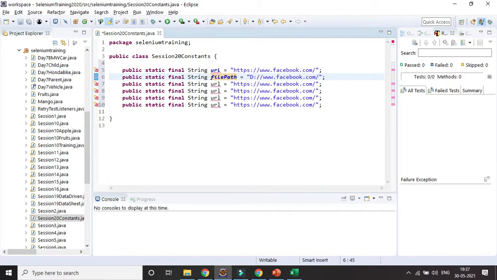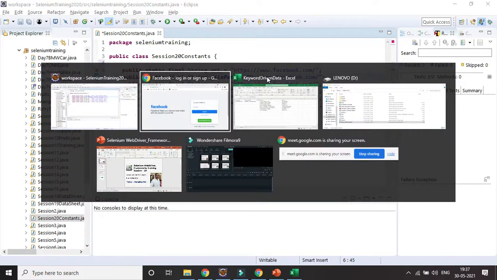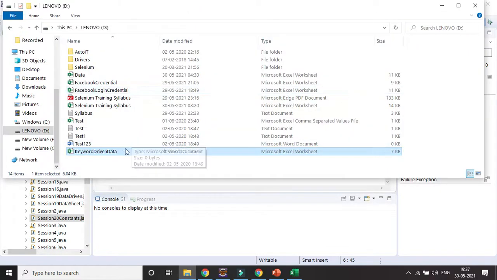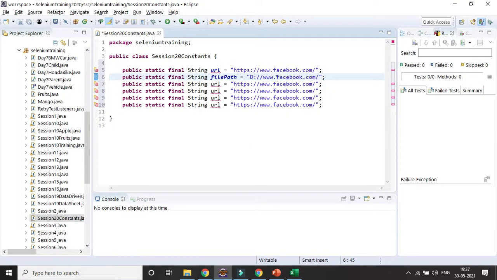Then what is the Excel name? That is the Excel name, keyword driven data dot xlsx, right. Then file path is done.